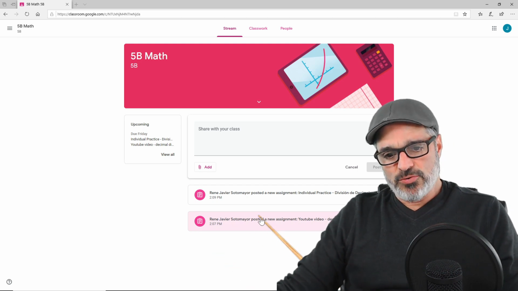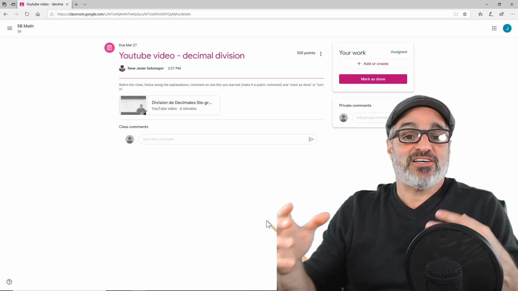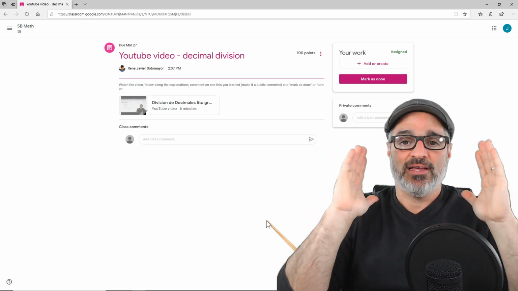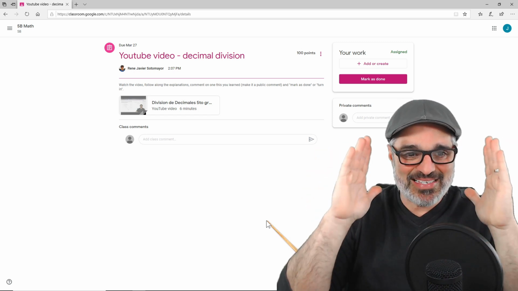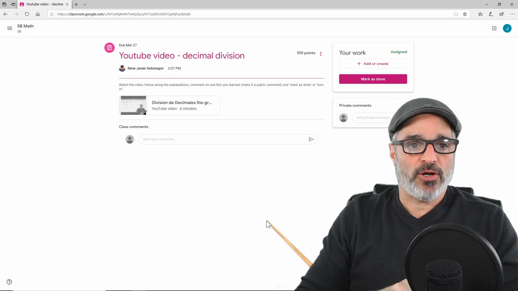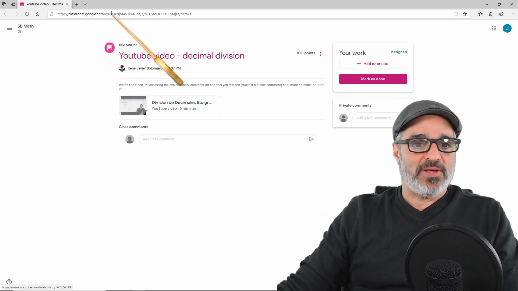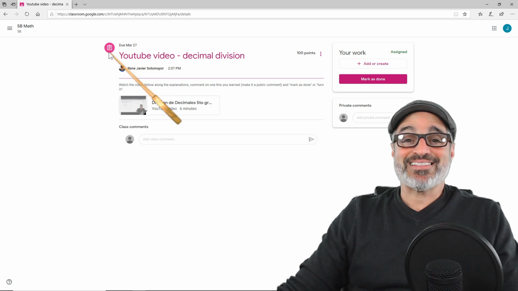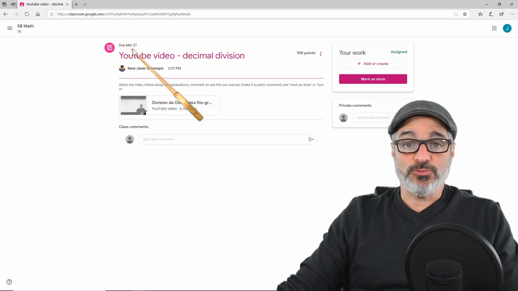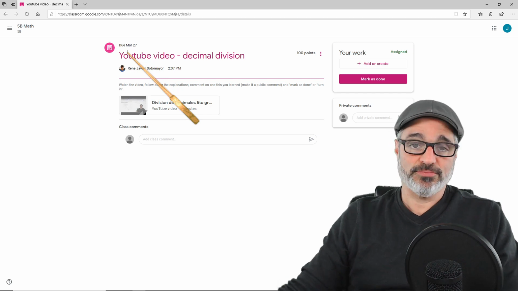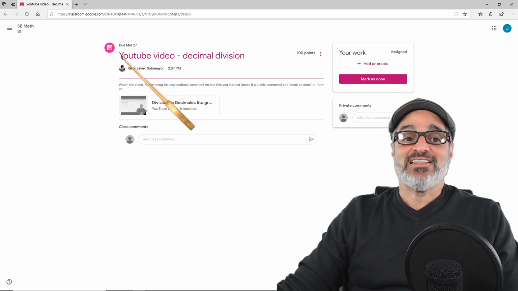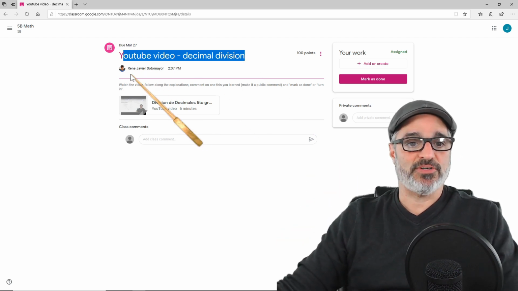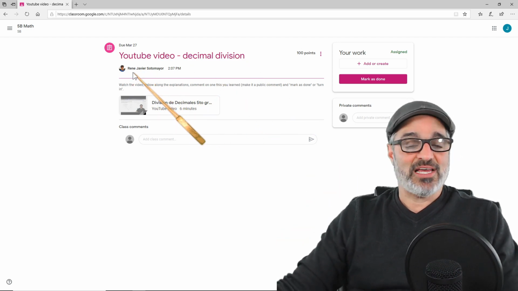So in this case, he goes here, he's gonna click here, and it's gonna take him to the main assignment page. This is very important, guys. This is the key. This is where you're gonna work. Okay, let's go step by step. It says here, this icon here in pink, that means that it is an assignment. This is the due date, when he or she has to turn it in. The topic or the title of the assignment, YouTube video, decimal division, who posted it, in this case I posted it,